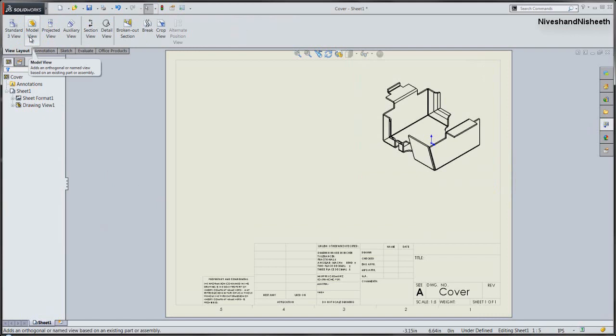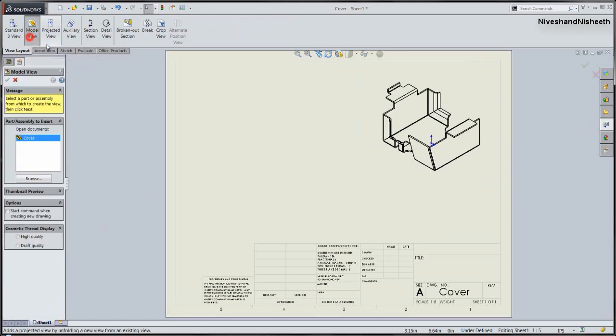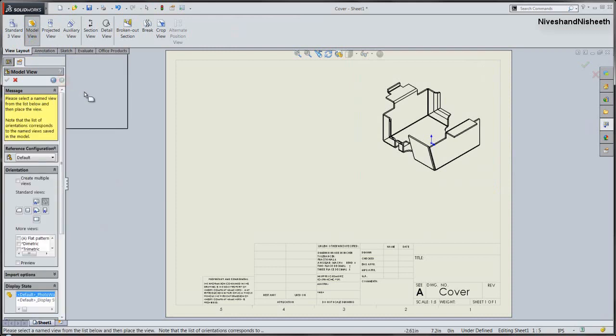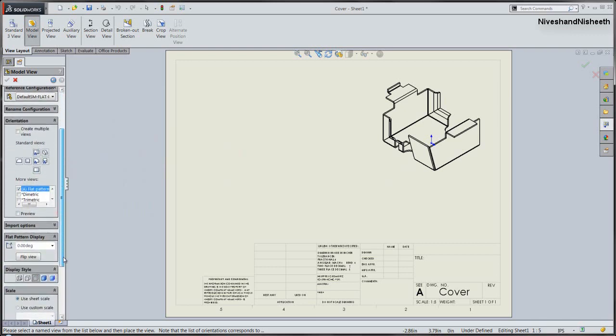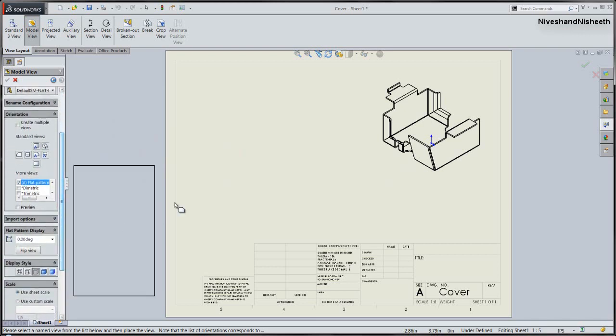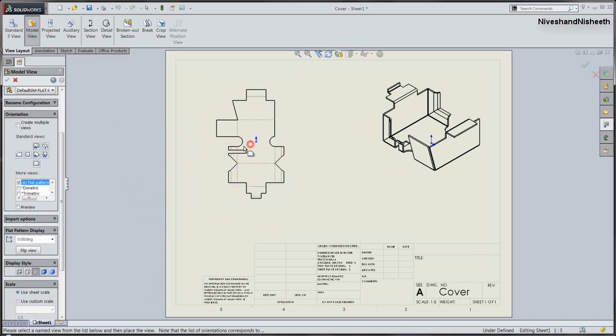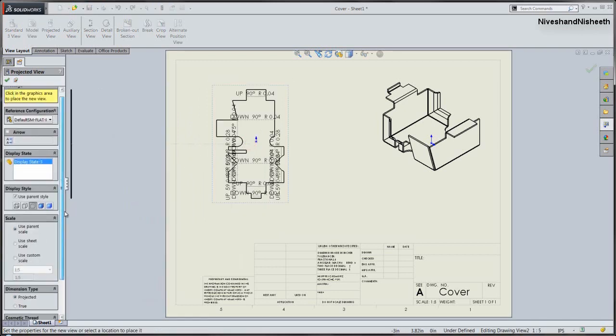Now we will activate the model view command. Click next button. Now choose the flat pattern option, and place the flat pattern view of this model in the drawing sheet.